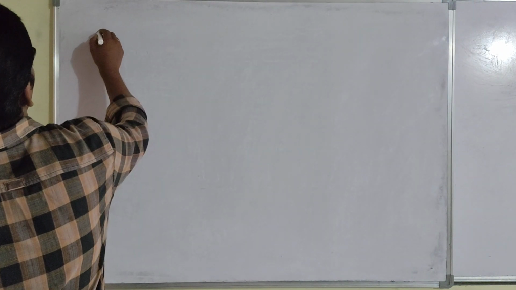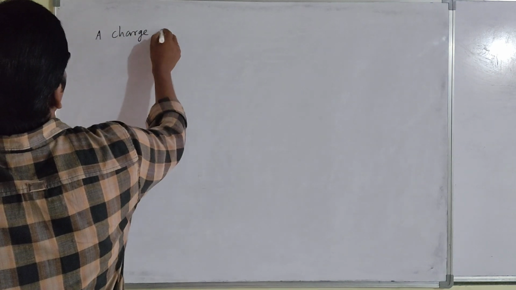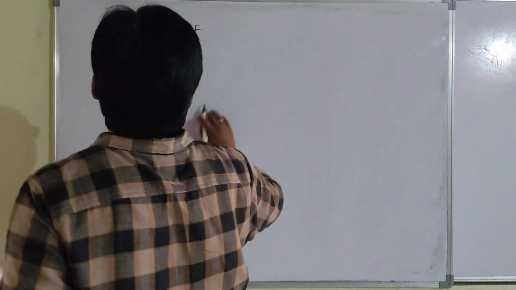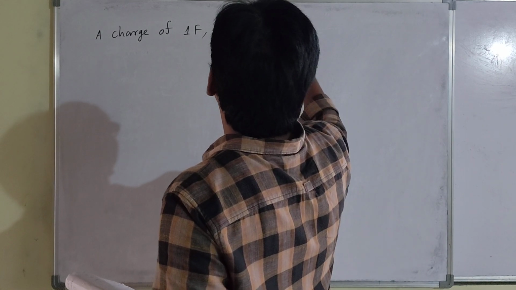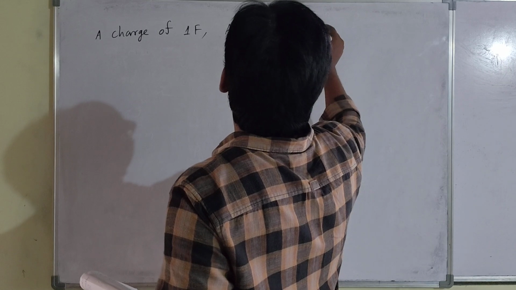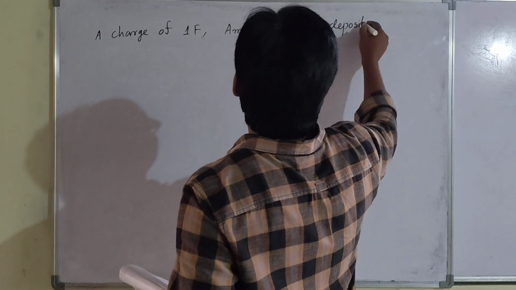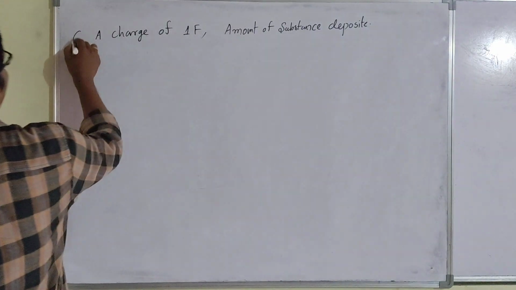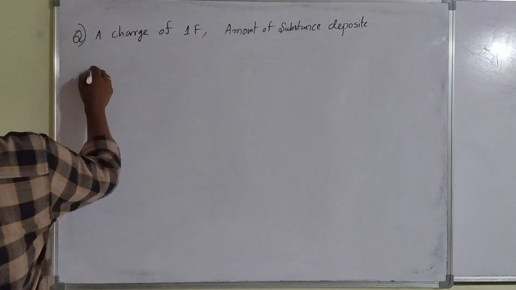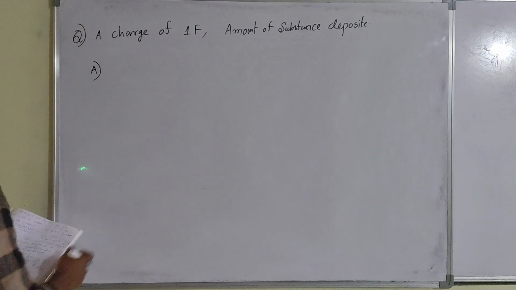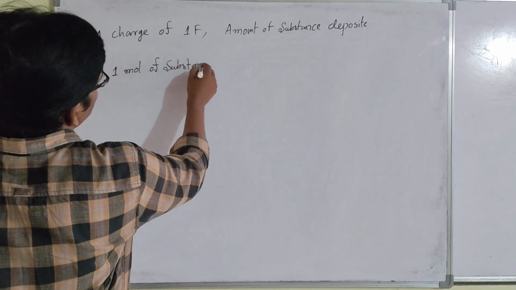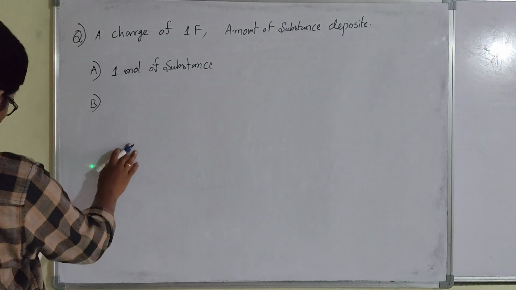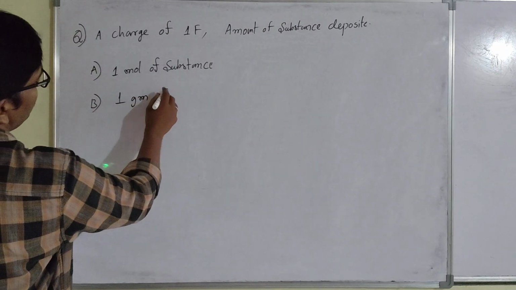A charge of 1 Faraday, the amount of substance deposited. If 1 Faraday of electric charge is passed, how much amount of substance is deposited? That is the question. The options given are: option A, 1 mole of substance; option B, 1 gram of substance;